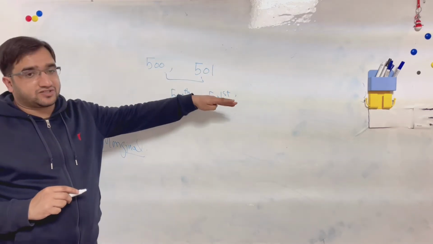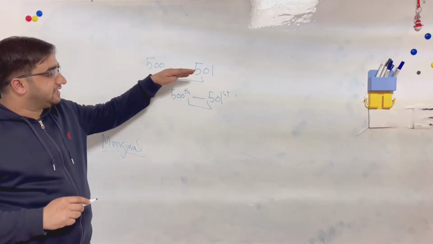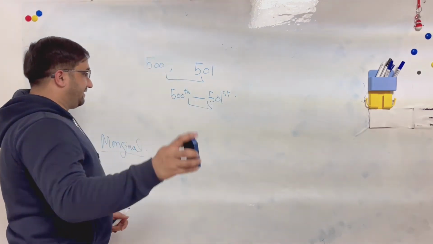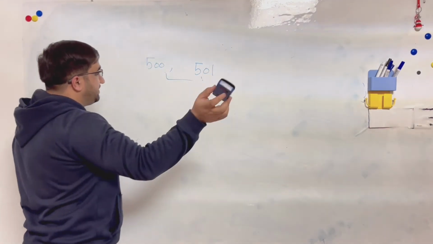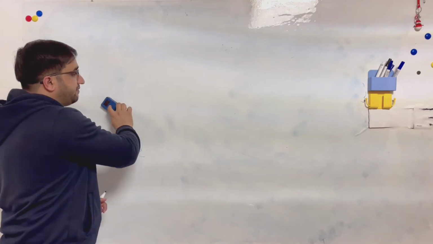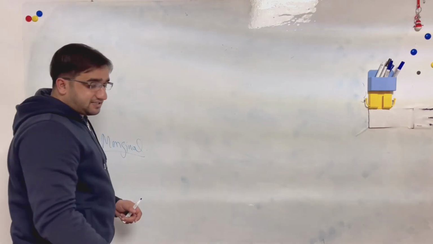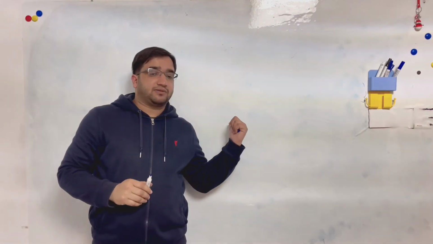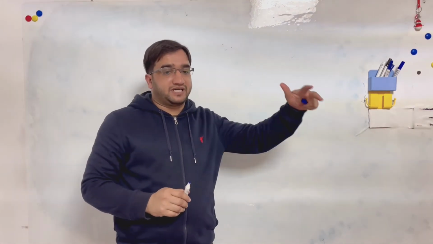People dealing with the ITE will be dealing with marginal cost very much in the future. So marginal cost means the one unit cost which the company has to bear to upgrade their